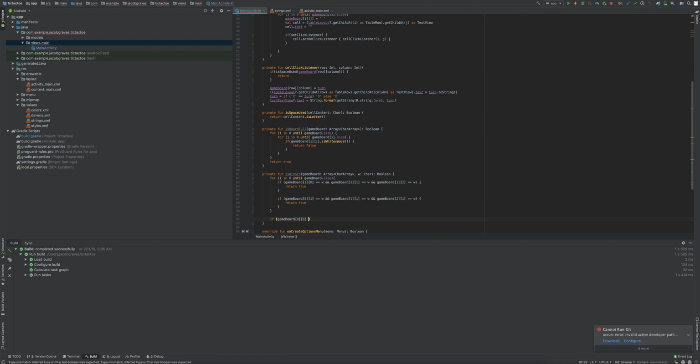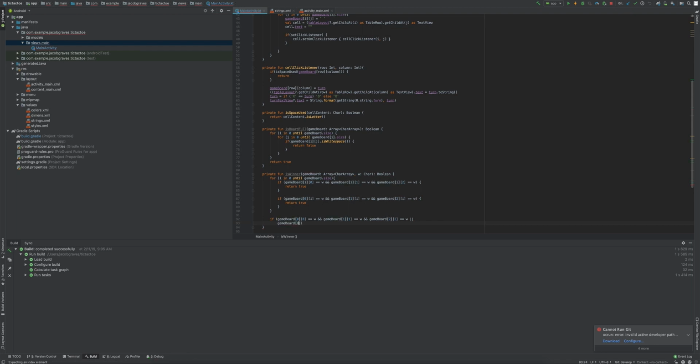So if game board at location 0, 0 is W, and game board at location 1, 1 equals W, and the game board at location 2, 2 equals W. Or